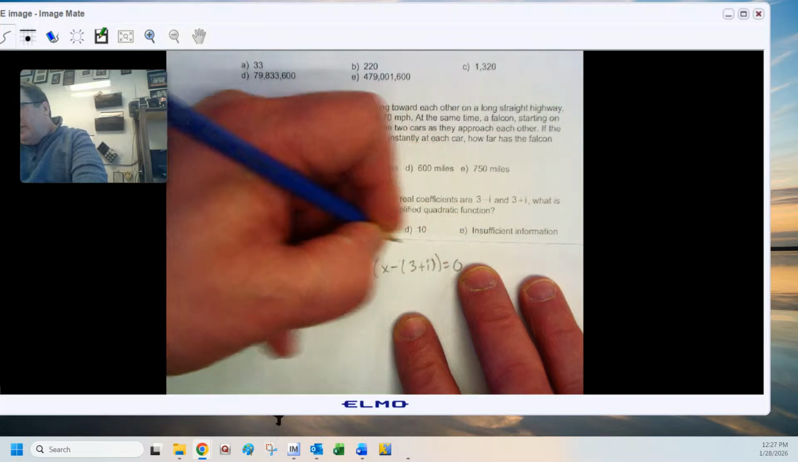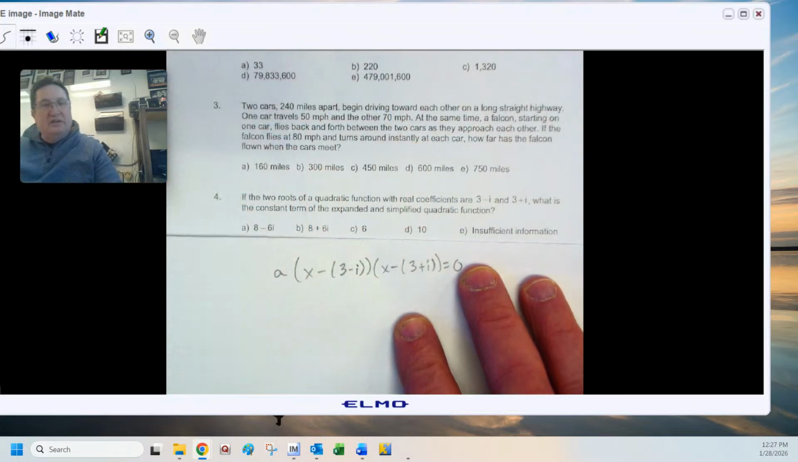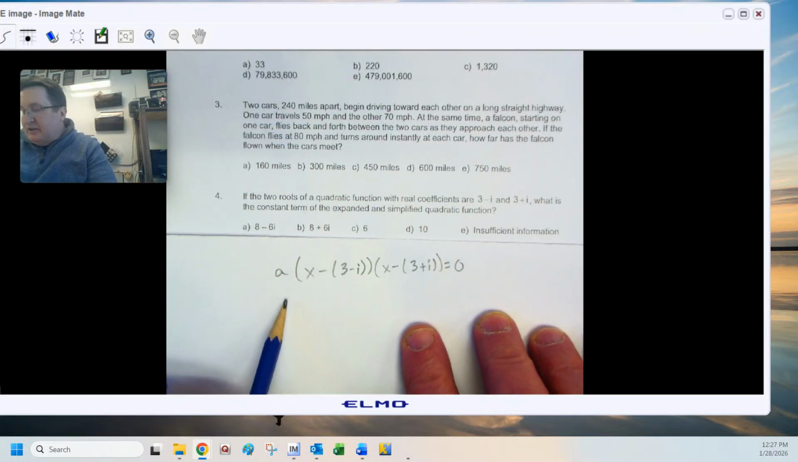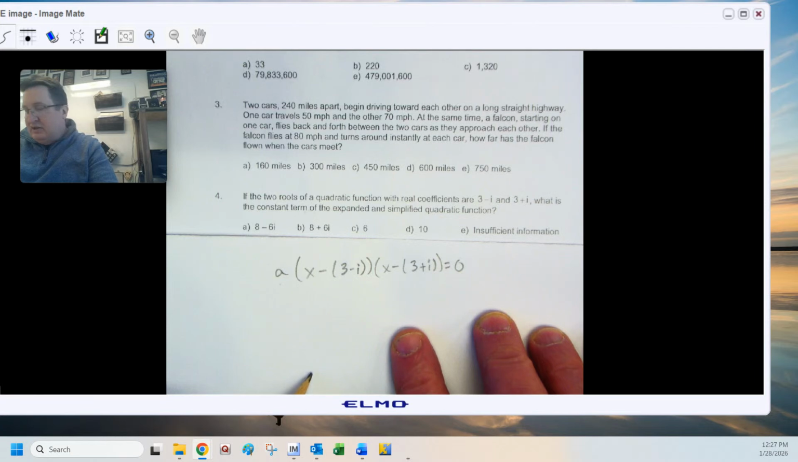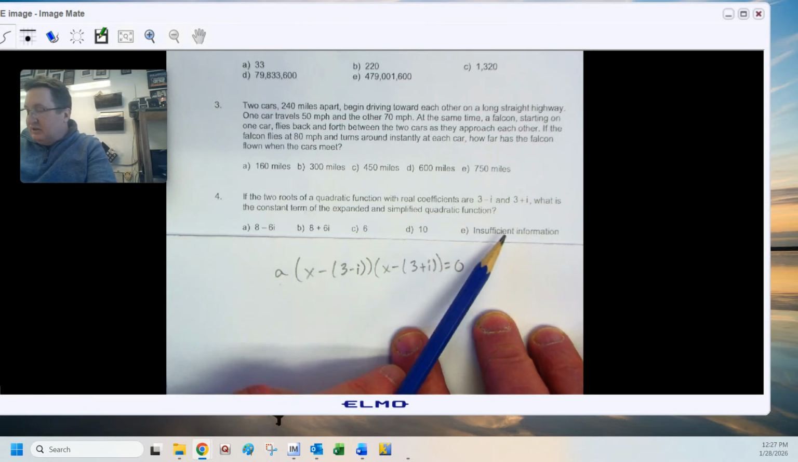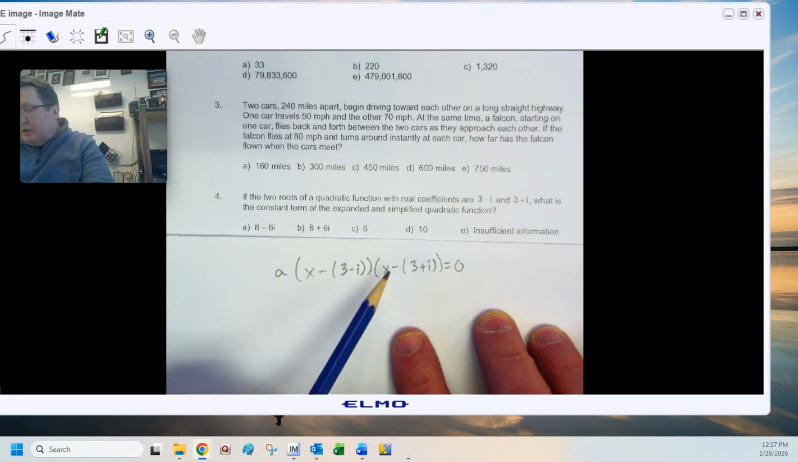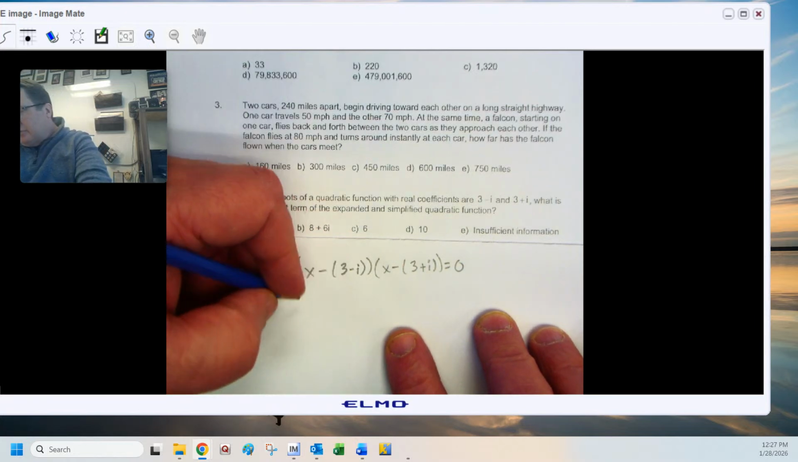However, I could put any number I wanted in front of this. And so because I can put any number I want in front of this, I'll end up with any constant I want. Okay? And so the answer is actually E, insufficient information. You might be fooled into thinking it's 10. If you did multiply this out,